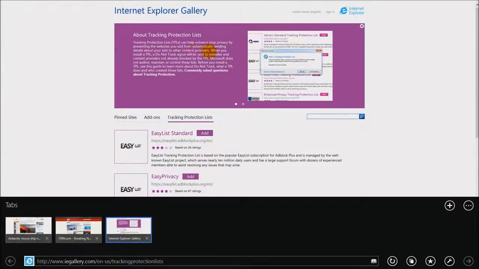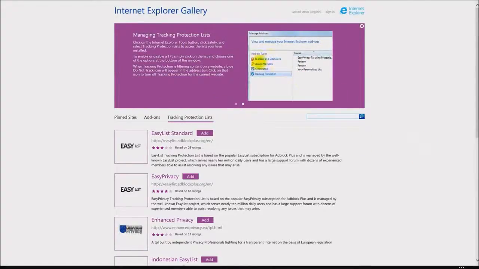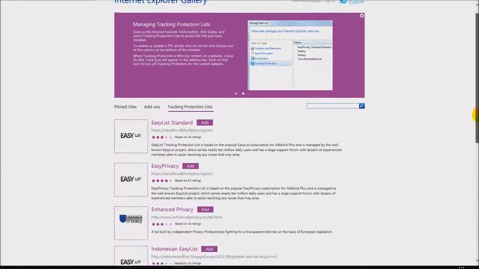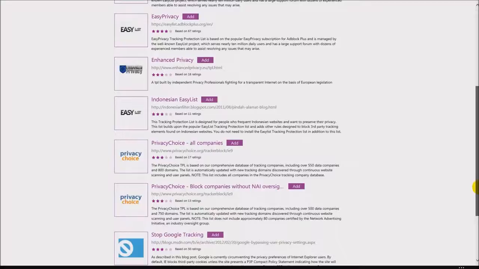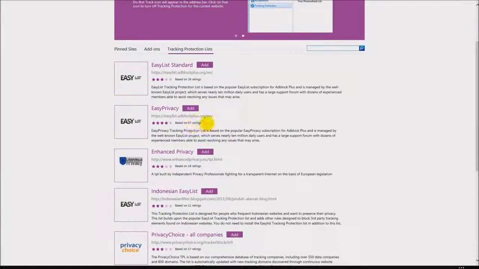Now I clicked on learn more about it, so it'll automatically bring up this place you can go to learn a little bit more about how tracking is done and how you can actually block ad tracking, so you can be a little more robust in your refusal to provide content. There's ways to add these different lists that tells them to block. Now here's the way it was in the old Internet Explorer in this particular area under the privacy. This is how you do it in IE 11. So just take a look at this, learn a little bit more about it. There's different lists you can sign up for,